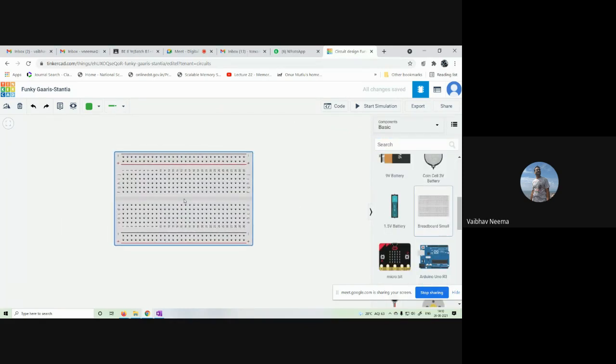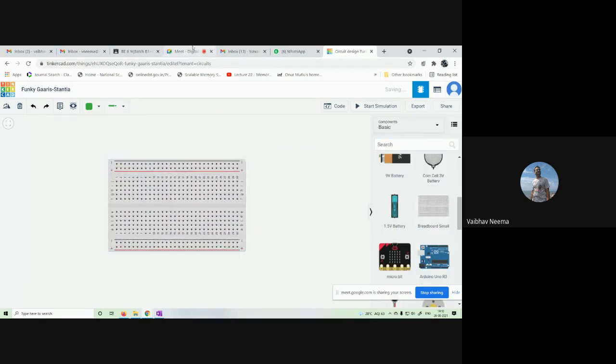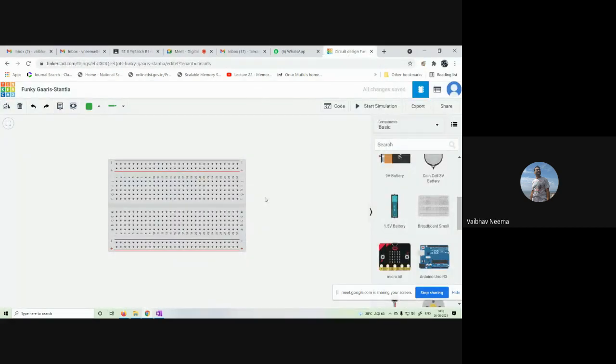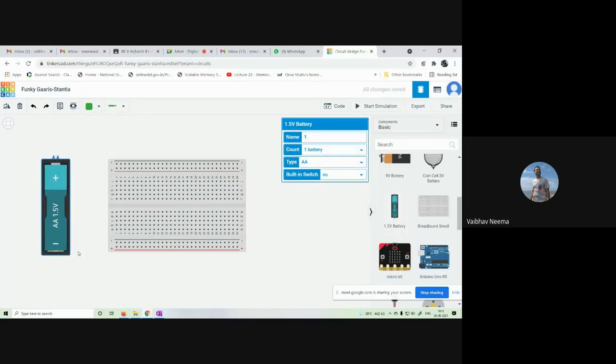So we'll pick and place this breadboard. Then to perform this experiment, we require the power supply, so we select the battery of 1.5 volts. In the last experiment, we saw how to test this battery and the current that passes through it with the multimeter. The multimeter is also available in this component list.